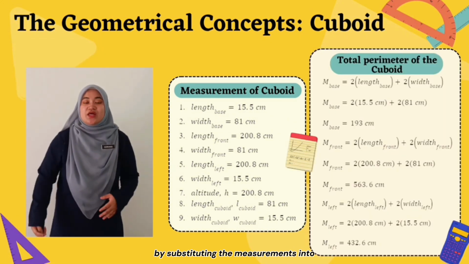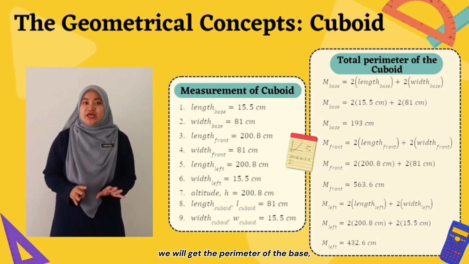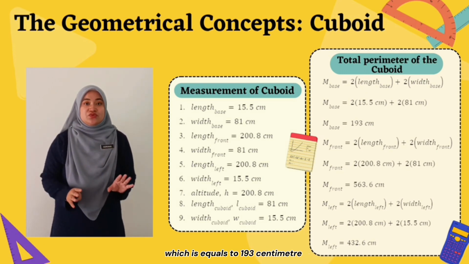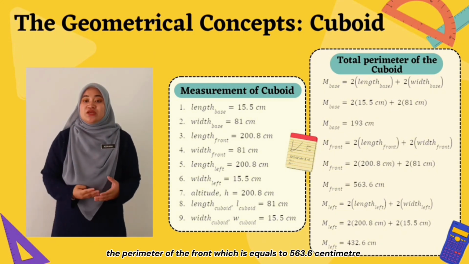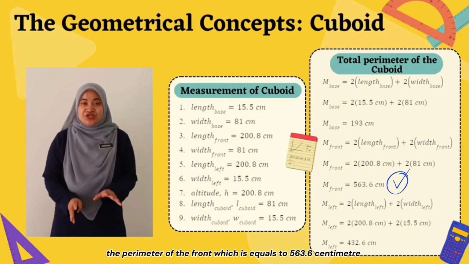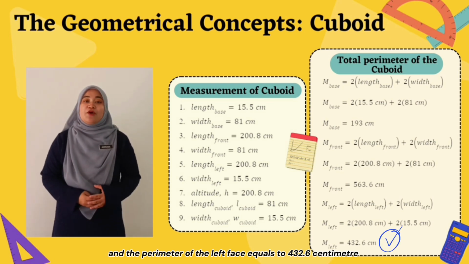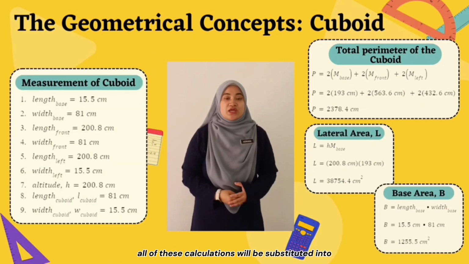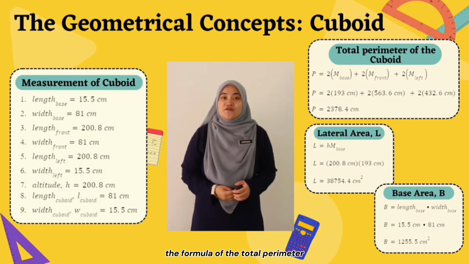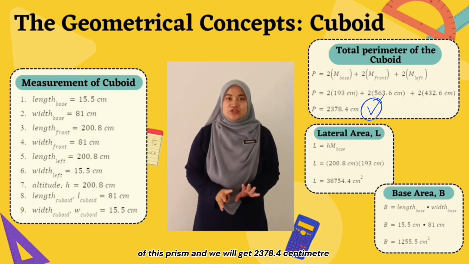By substituting the measurements into the formula of each face perimeter, we will get the perimeter of the base, which is equal to 193 cm, the perimeter of the front, which is equal to 563.6 cm, and the perimeter of the left face, which is equal to 432.6 cm. All of these calculations will be substituted into the formula of the total perimeter of this prism, and we will get